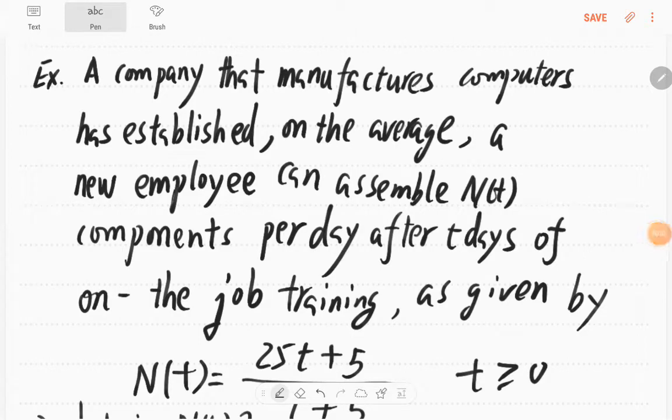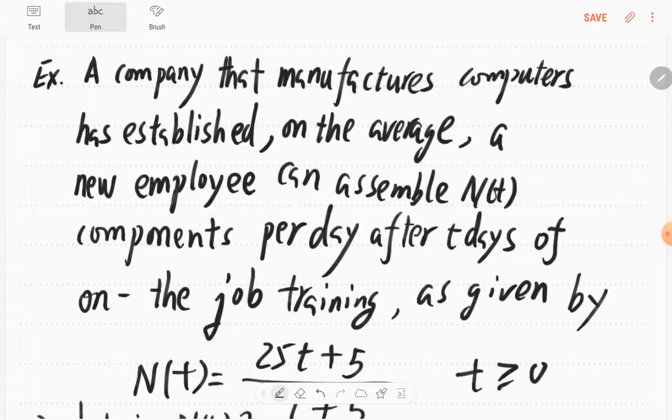Now let's look at the examples for the rational functions. So here's an example. A company that manufactures computers has established that, on the average, a new employee can assemble n